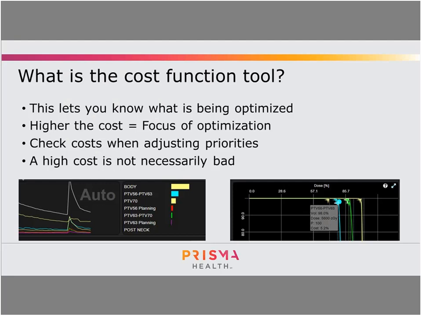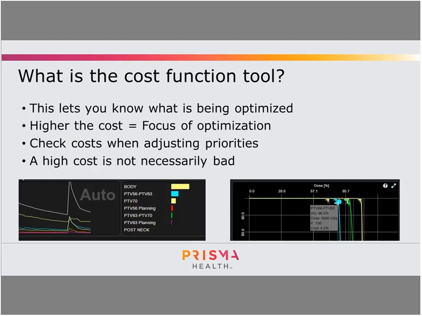And so that percentage, this one right here, says 5%. So effectively, the optimizer is working 5% of its optimization resources on this constraint. If we look over here, you can see that the body is the main cost function here. I'm not exactly sure why. This is, again, just a screenshot for explanation, but it helps you know when you're optimizing something, if nothing's changing,